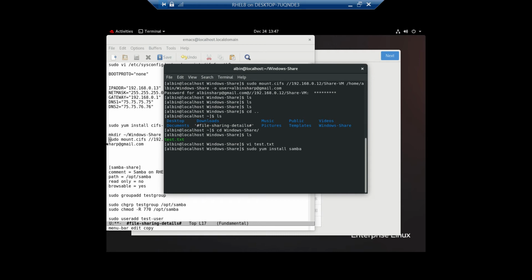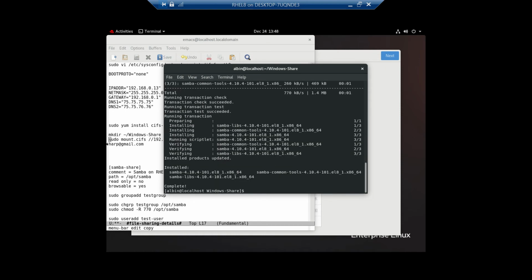For that, I am going to install Samba. That is the file sharing server. Using this, you will be able to share the file from the RHEL to Windows. Okay, the utility is installed now. Yep, now once installed,